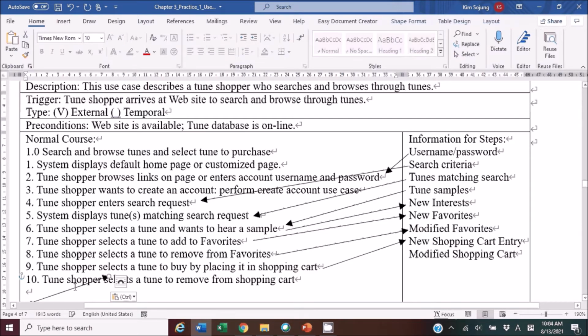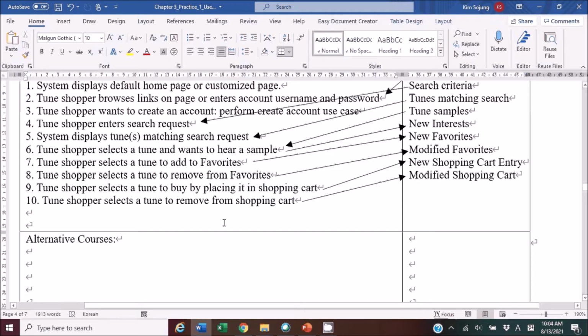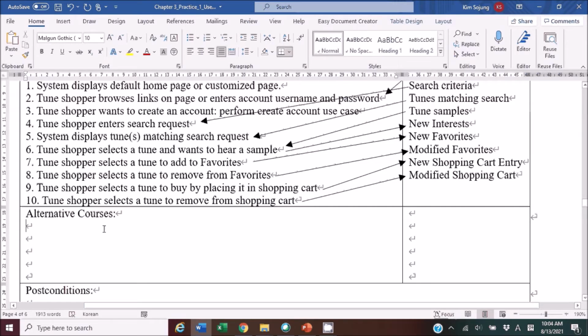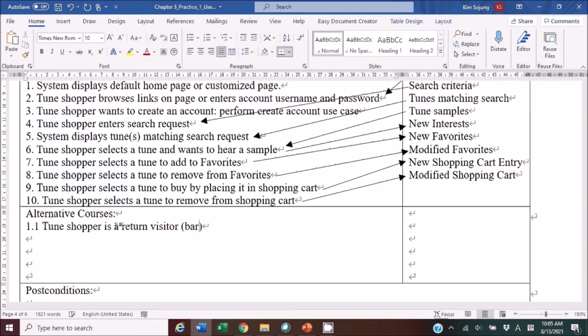Yeah, this is a normal use case of the search and browse, right? Use case. So I think this should be sufficient. And then what about alternative course? So let me just put the 1.1 because it is alternative, right? So 1.1, so shopper is a return. I'm sorry, return is the, sorry, right? So old customer actually uses the service, right? We have another case. So branch